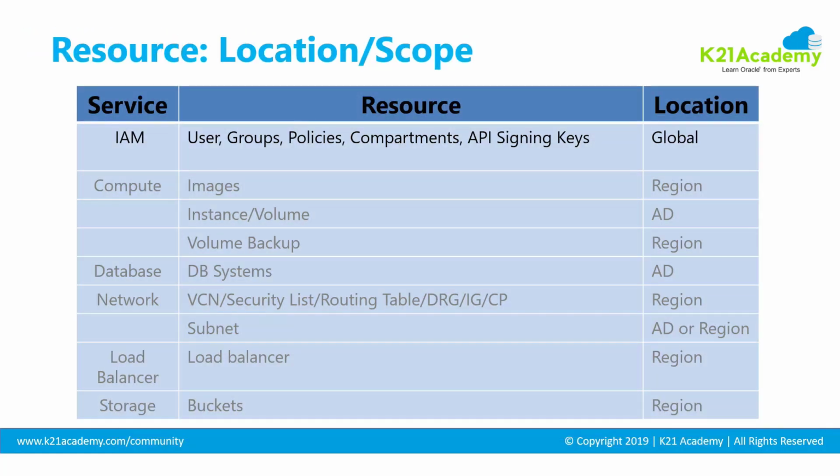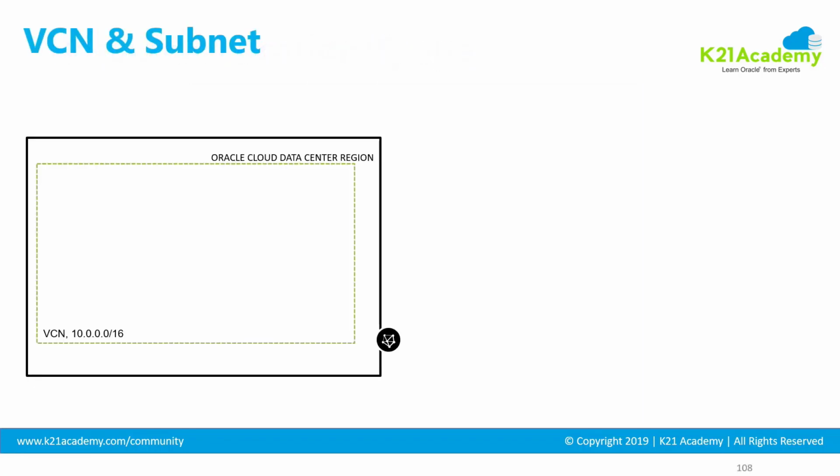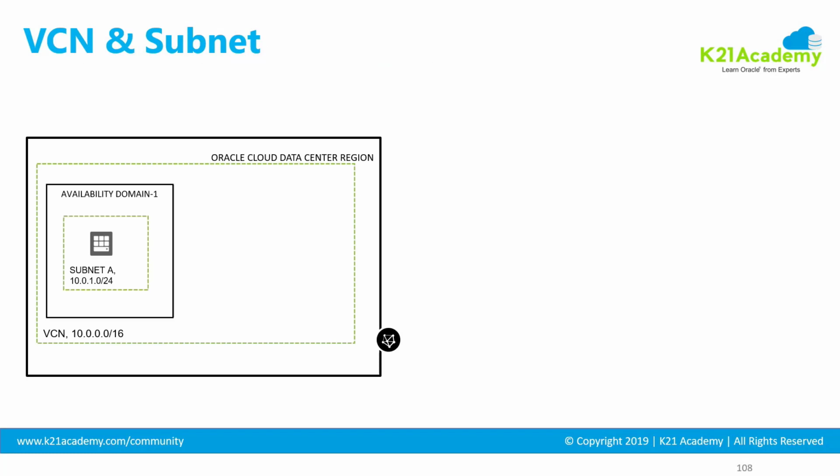Now, if you look at all these, everything is scoped either to an availability domain or a region, with the exception of identity and access management, which is global. Identity and access management is a topic in itself for some other time. But what you notice here is that subnet is scoped to availability domain or region, and that's something that changed very recently. I covered VCN and subnet in part 3 of this video series, so if you have not watched it, go to the URL